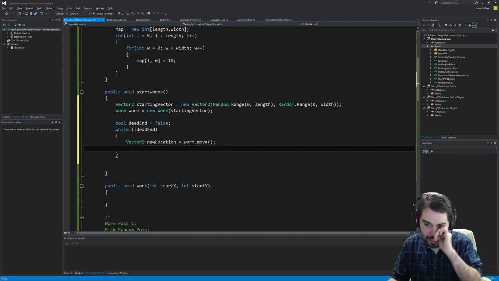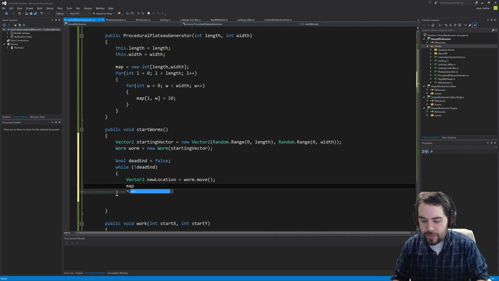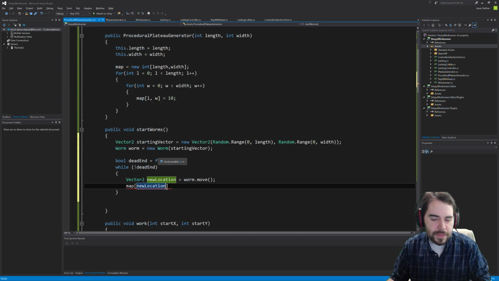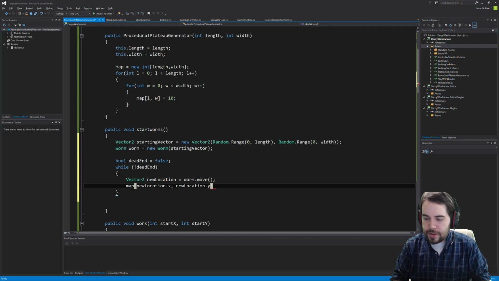Okay, so new location. And now that I have this new location, I'm going to check to see if on that map, map, new location. I'm rethinking something. Hold on. No, that's okay. New location dot x and new location dot y. Oops. If this equals 0,